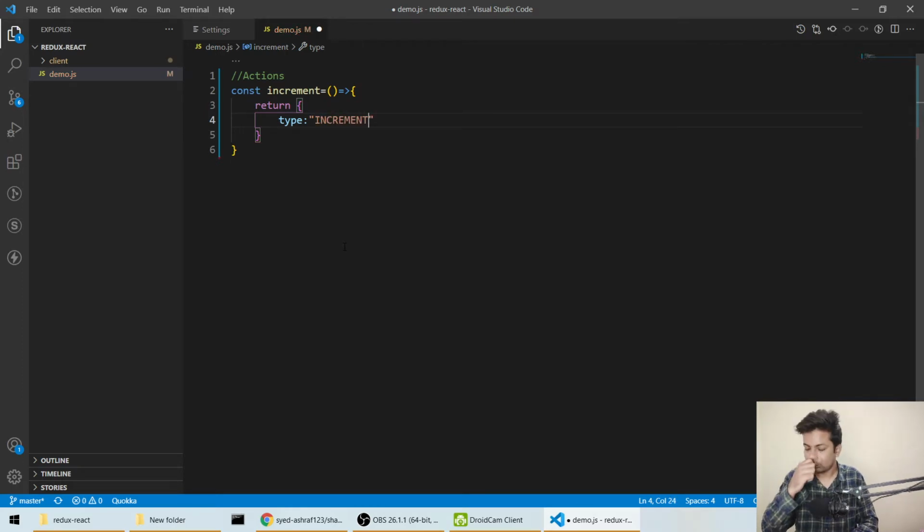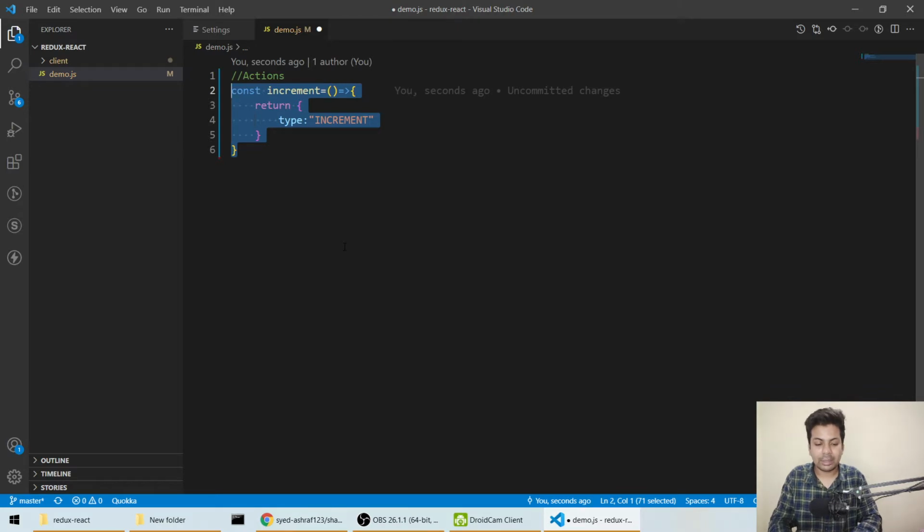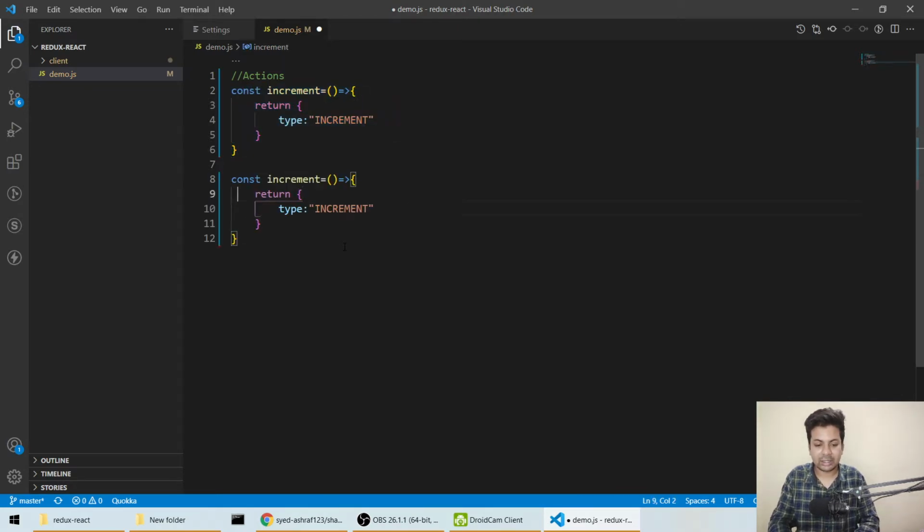So basically I'm telling it to just increment the value, nothing else. This is a function, the action. Now I'll make another function and I'll say decrement.